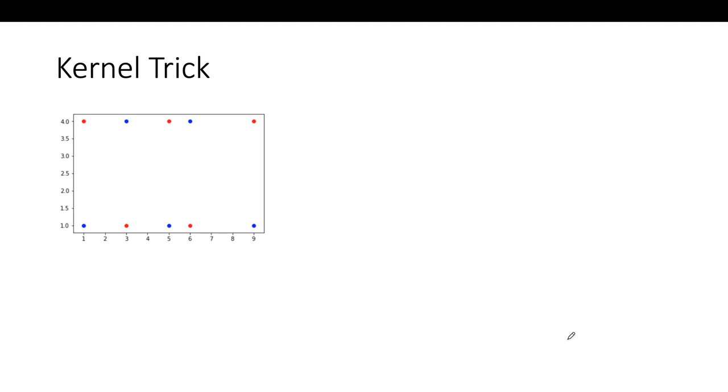Okay, but I mentioned that support vector machine is actually used for nonlinear classification, and is very effective there using a kernel trick. I'll not go into the detailed mathematics of the kernel trick, but I'll still try to explain at a very high level how the kernel trick works by drawing some analogy. Suppose these are the blue points and the red points. They belong to two different classes, the positives and the negatives, and we cannot draw a linear classifier between the points. You can see there's no linear classifier that separates this.